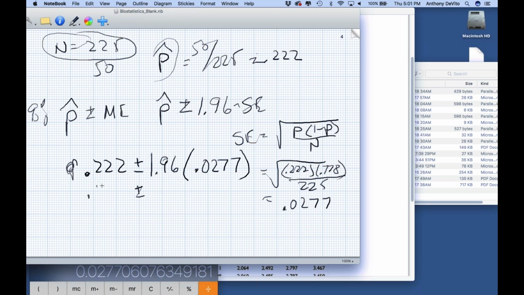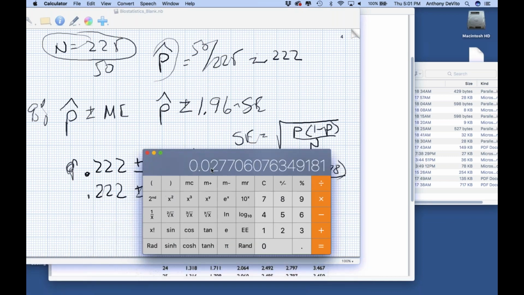0.222 plus or minus 1.96 times 0.0277. I actually have it in here, so I don't have to bother to round it. Times 1.96 equals 0.054, about 5.4%. So I am going to clear memory and put it into the memory, and then clear the register, and take my P cap,